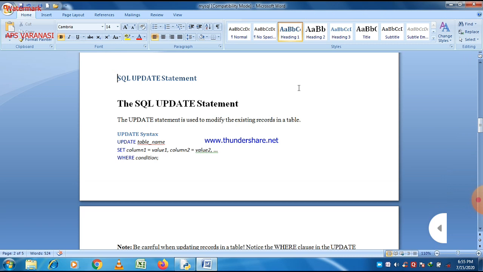So first of all, see the question and what type of change it expects, whether the change is required to the structure of the table or to the data of the table. If the change is related to the data, we use the update statement. If it is required to the structure, we use the alter table statement.